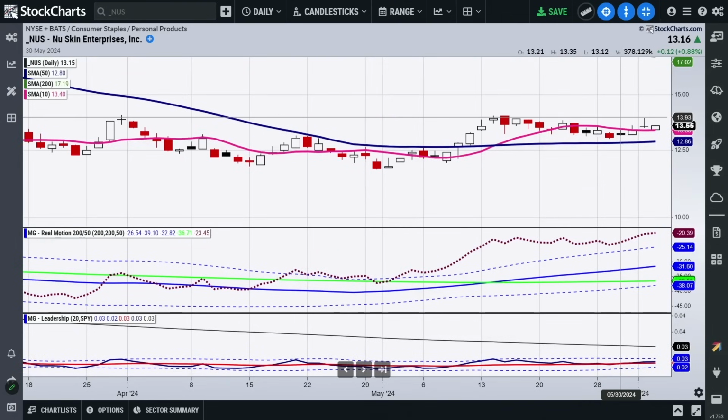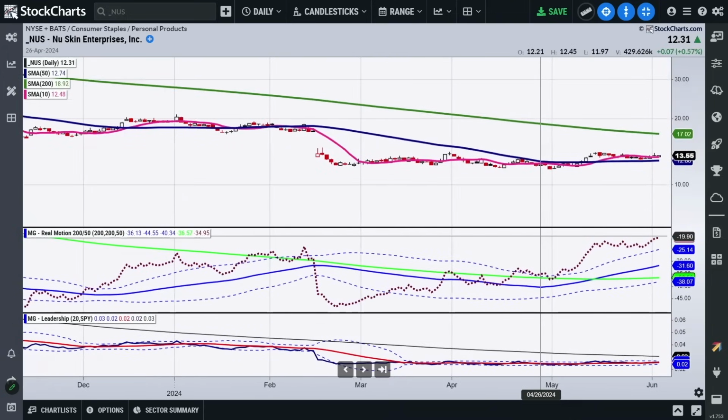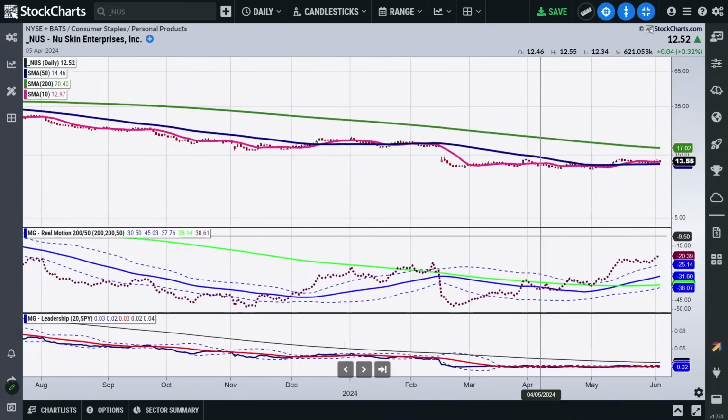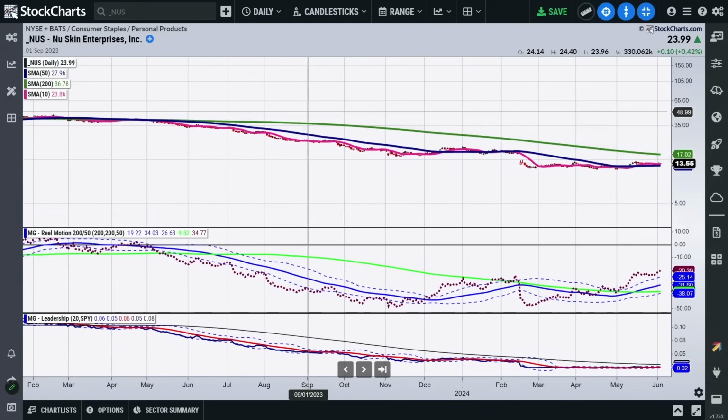I would probably want to see a close above this 1396, let's call it 14, with a pretty good risk to under the 50. And it's possible that in time, getting into this kind of cheap, you might see this stock return to places that it hasn't been in quite some time. It was trading at one point well over $35. So that's it for now. In summary, like I said, keep an open mind. This could be the start of a much bigger correction or the start of a great summer rally. And really, I think the bonds are the clue here for one. So keep your eyes on those TLTs.